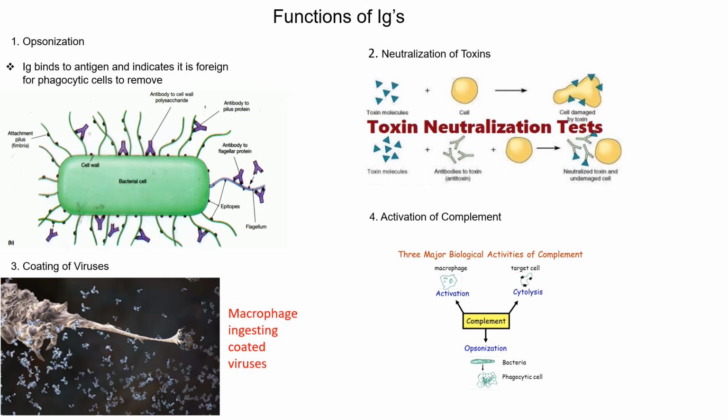Number one, because it has 10 variable regions, so it can bind up to 10 toxins at once. And that's why it's so good at neutralizing toxins. Second, it's found in the tissue already where the toxin is going to affect. When it comes to the activation of complement, it's the largest in size. So when you put this really big protein with another big protein, they become very good at lysing the cell membrane.